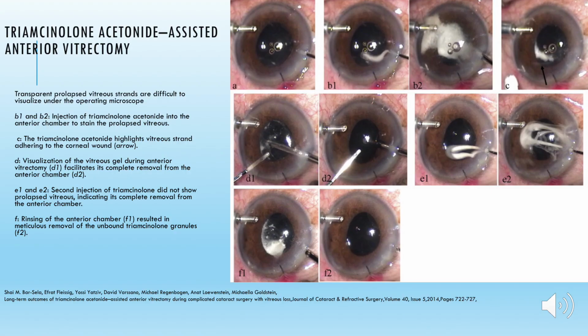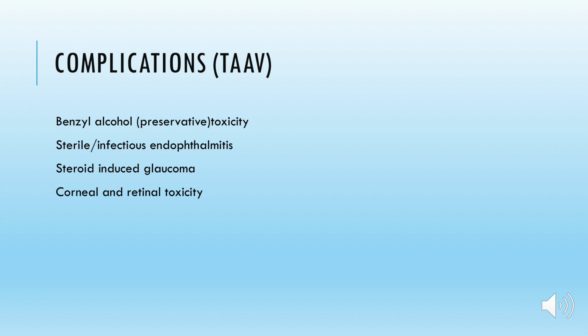As we know, vitreous is basically a colorless jelly, and if one wants to do a proper job of clearing the anterior segment of the vitreous and wants to see it very clearly, one can stain it with triamcinolone acetonide. It helps in making the surgery very thorough, though one has to be a little careful and aware of the complications, that is